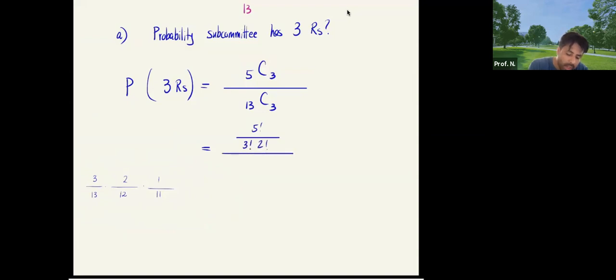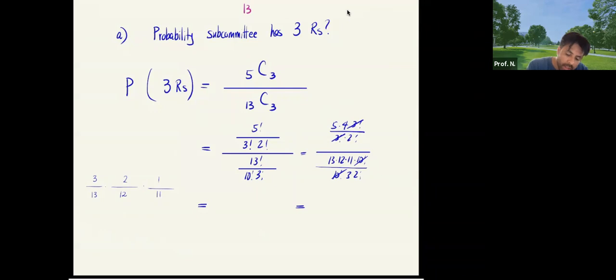I would have this, right? And then this would be 13 factorial over 10 factorial times 3 factorial, right? Now, if I look at this a little bit carefully, this would be 5 times 4 times 3 factorial over 3 factorial times 2 factorial, right? The 3 factorials cancel. And then this would be 13 times 12 times 11. You see how these numbers appear? They appear again, 13, 12, 11. So that makes sense, but hold on. Then this is times 10 factorial. 10 factorials cancel. There's 3 times 2 factorial. So then this becomes,